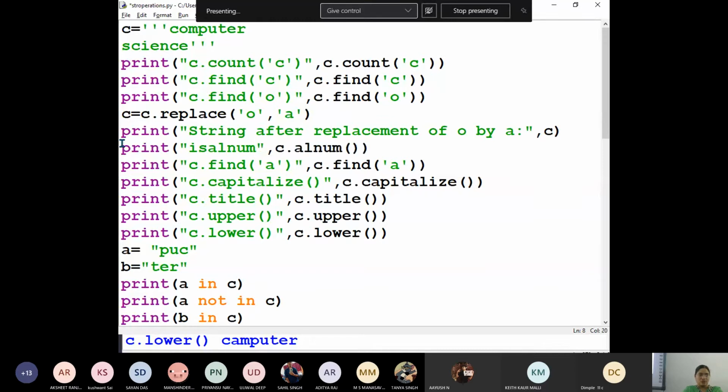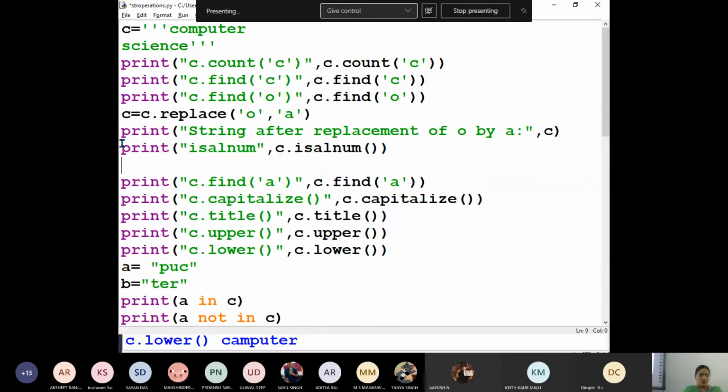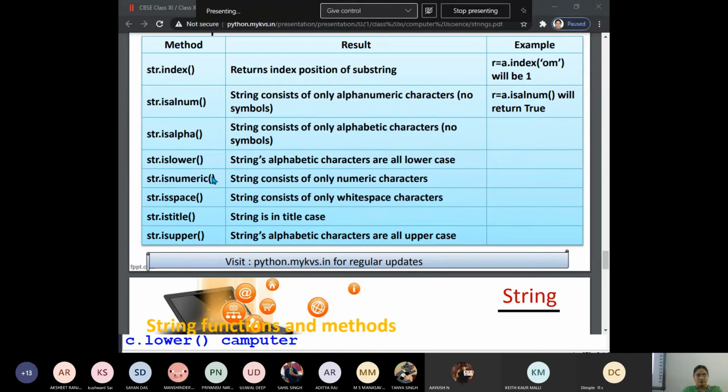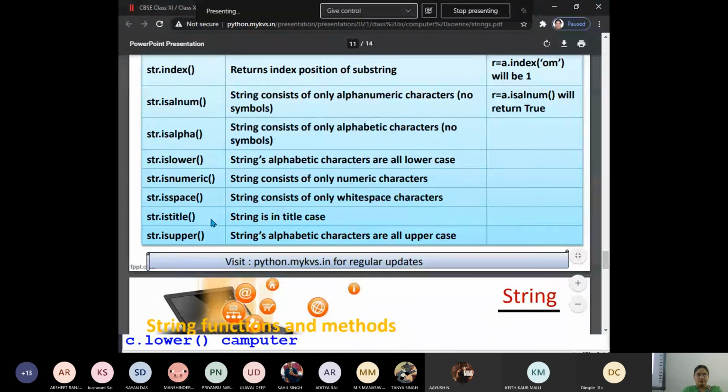C is alnum. Right. Now print is alphabet. These functions will result in either true or false. Okay. So if a string consists of only alphanumeric characters and no other symbols, then it will return true.